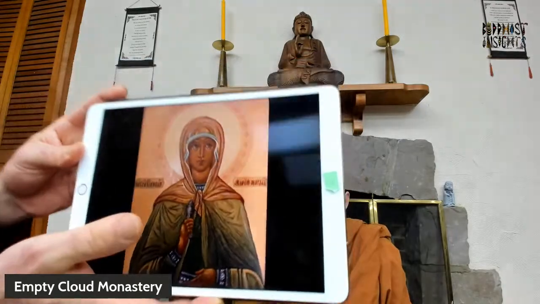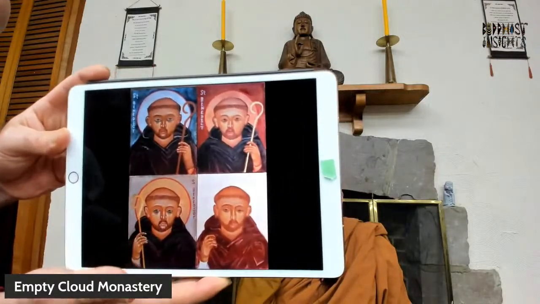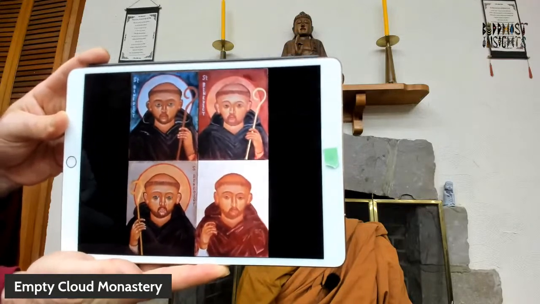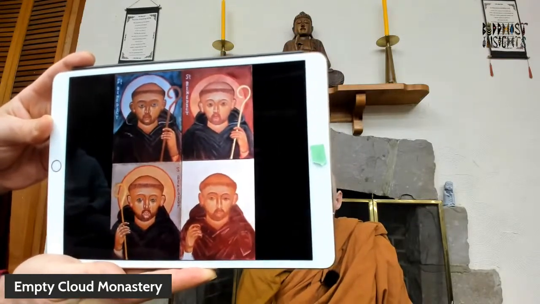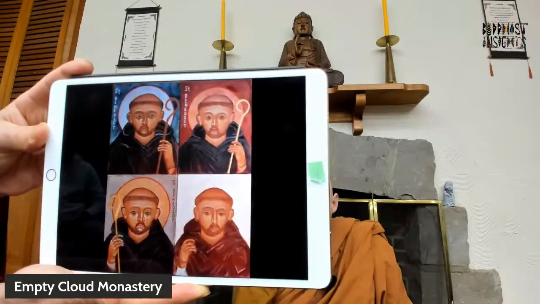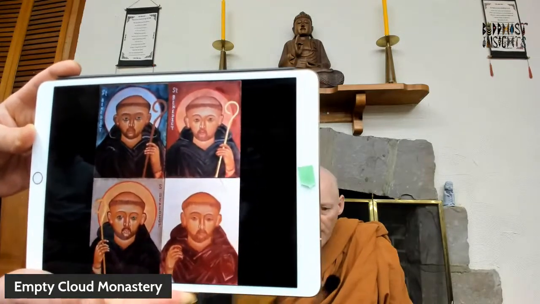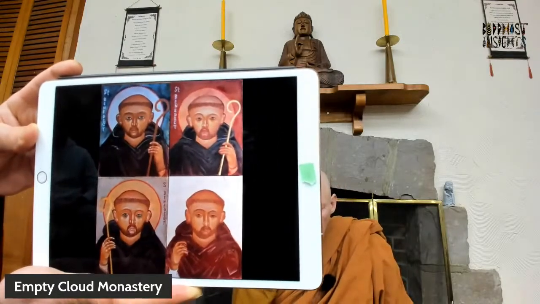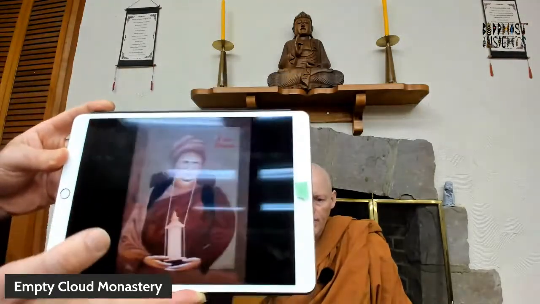Can you flip to the next one? When I do icon paintings, especially when I was learning, I might do a series of like 4 paintings all together, just have all 4 of the boards together, and then just play around with different styles, colors, techniques, just to see kind of what would work. And this was one I did of Saint Benedict when I was living at a Catholic monastery.